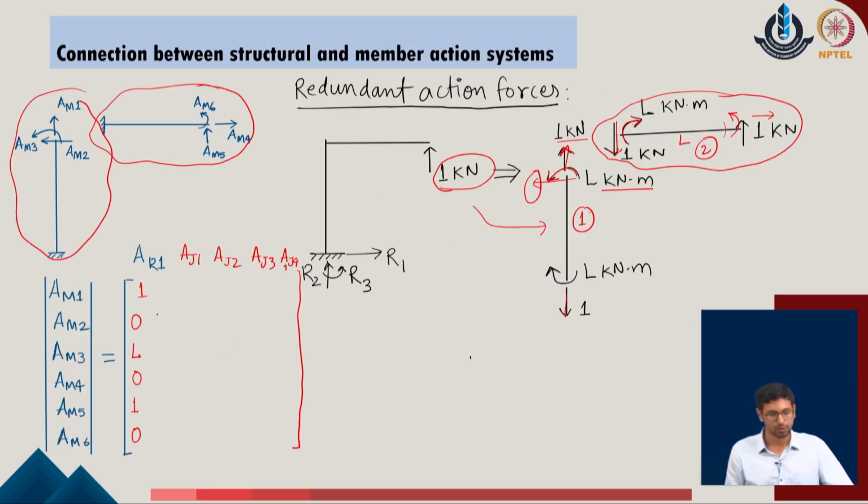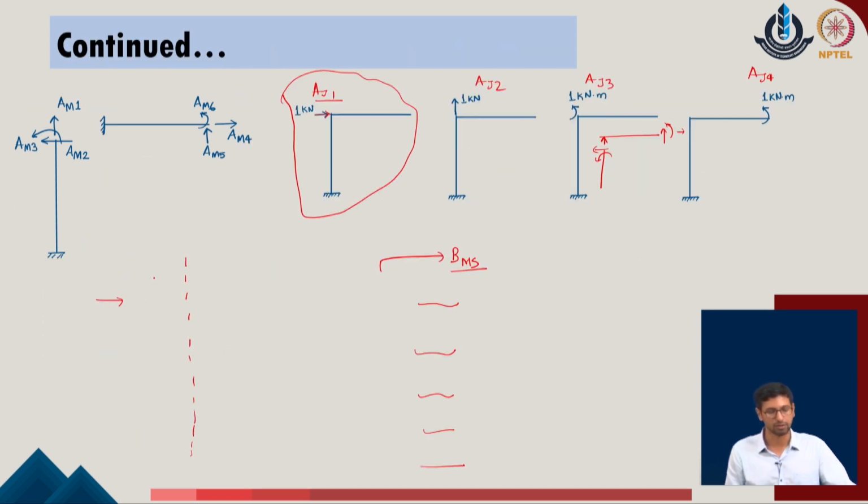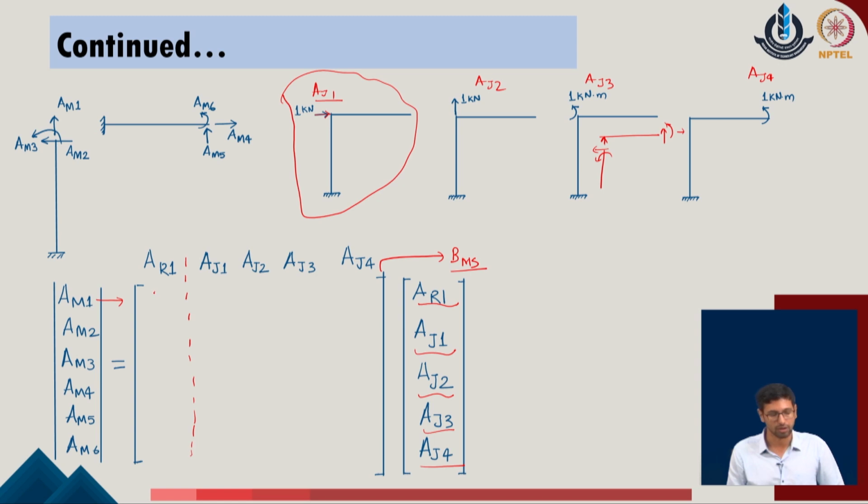As we define this part, we have already defined the system with respect to AR1, so I define the values in a similar manner with AR1 over here. With respect to AJ1, we have a load which is active over here. If I draw member 2 of the given system, as this member is not subjected to any load, there will be no load active in these directions. At the same time, when I come to the member over here, it will have a load of 1 unit at this position, an equal and opposite reaction will be provided over here, and along with that it will also get a moment reaction with respect to the height of the member. So, this will be defined as the H value.